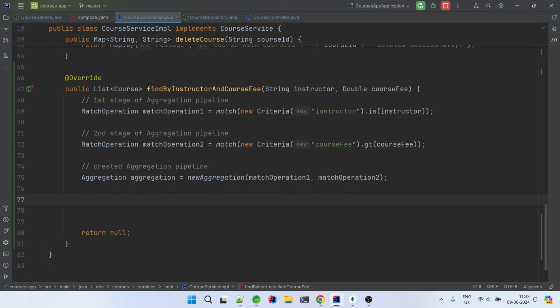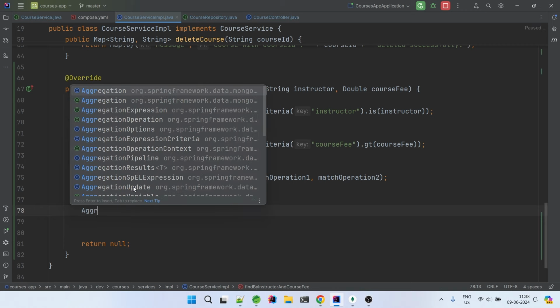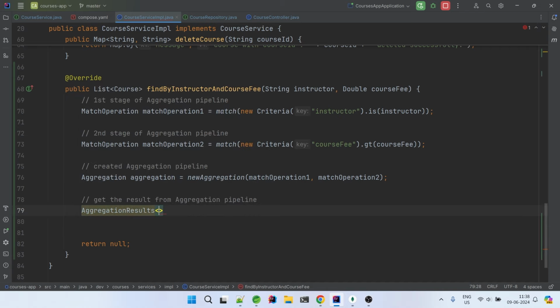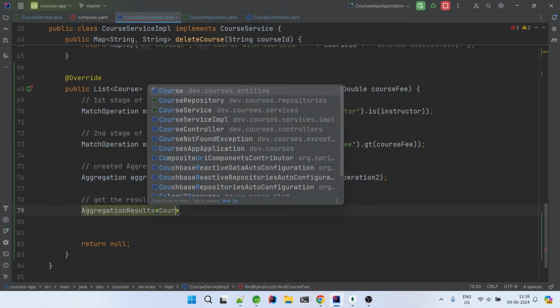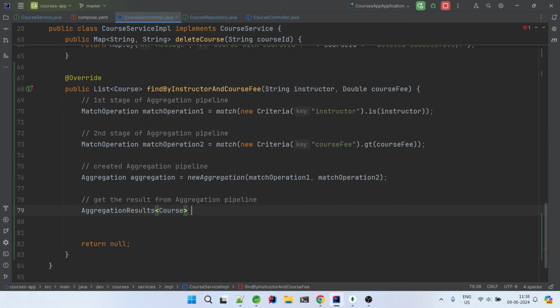Now we want to fetch the result from the aggregation pipeline. How do we get the aggregation result? We have something known as AggregationResults. It is a result of what kind? We are expecting Course. So we will say AggregationResults equal to, and now there is something known as MongoTemplate which we need to use to execute